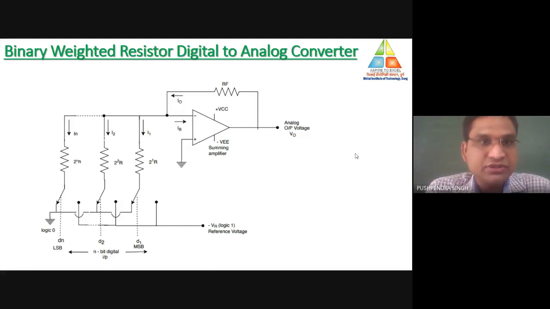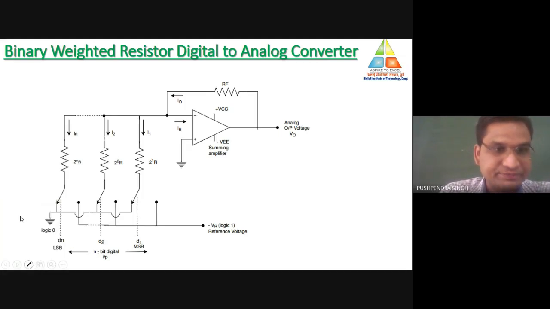The figure shows the basic connection diagram of the binary weighted type digital to analog converter. In the figure you can see that the operational amplifier is acting like a summing amplifier. Why is it a summing amplifier? The input voltage here is a reference voltage VR, and the value of the reference voltage here we have taken as minus VR. You can take it as positive also. That depends on your operation. Either it would be a positive reference voltage or a negative reference voltage.